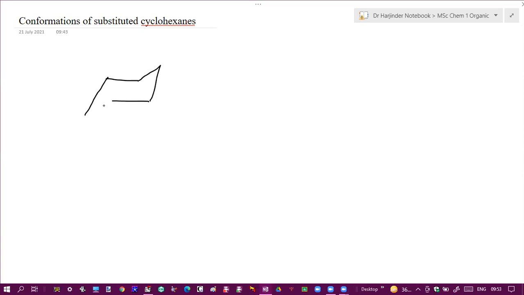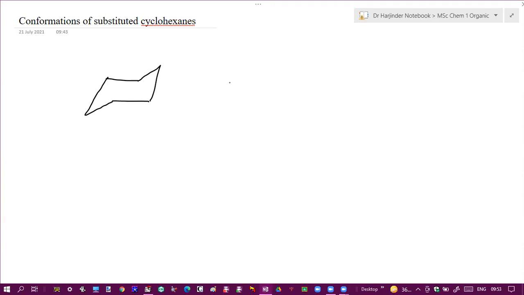Okay, beta. In the last lecture, we discussed various conformations of cyclohexane, and we have seen the chair conformation is the most stable conformation. Moreover, suppose this is your chair conformation. In this chair conformation, you have a total of 12 hydrogens. Out of these hydrogens, 6 are axial hydrogens and 6 are equatorial hydrogens.